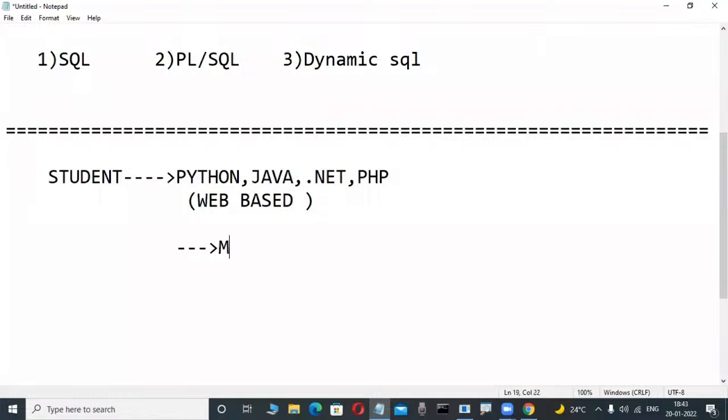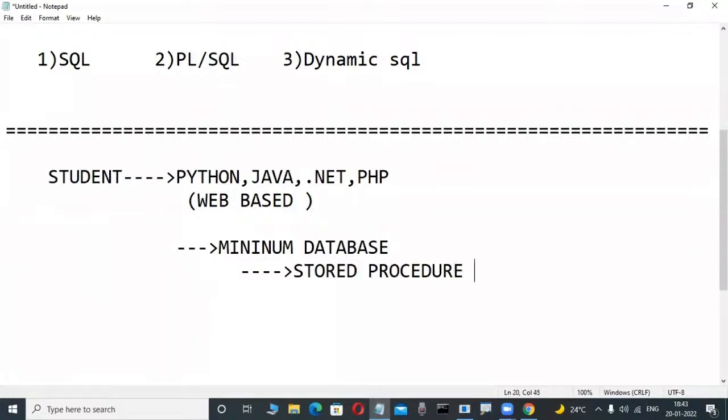Why? Because suppose Java programmers, on the project side with JDBC, compulsorily use what? A database, these types of relational databases. .NET programmers, ADO.NET is there, and in that they are using databases. In those databases, minimum knowledge means stored procedures are a concept that is regularly used. That's why when Java and .NET programmers attend interviews, so many interviewers ask,